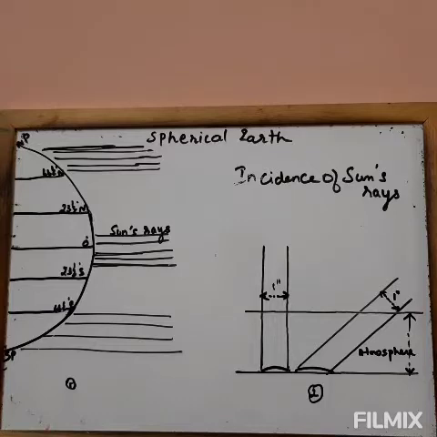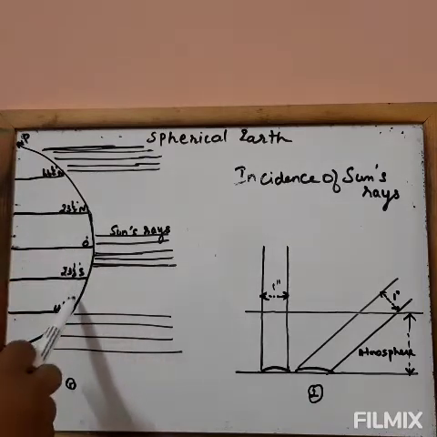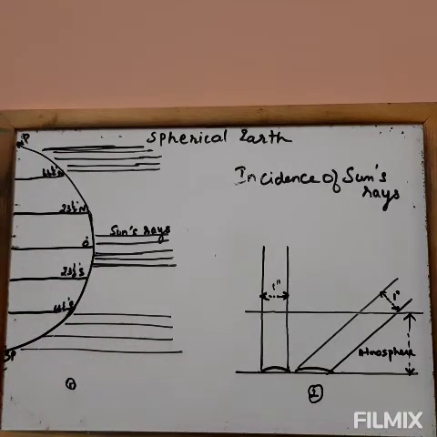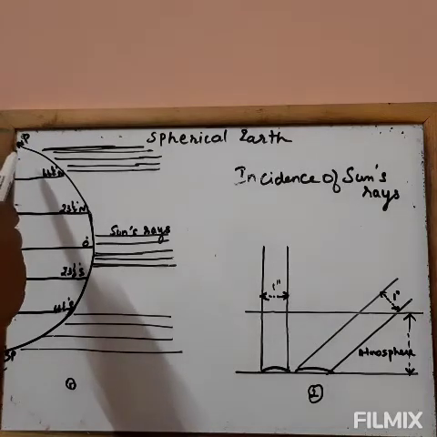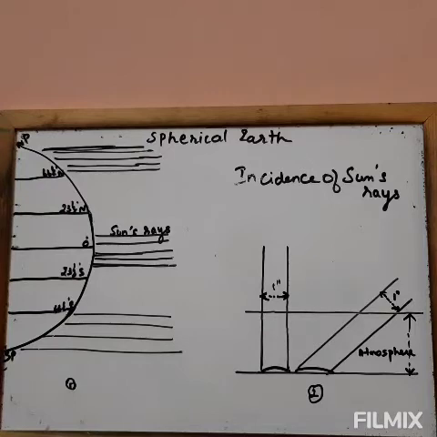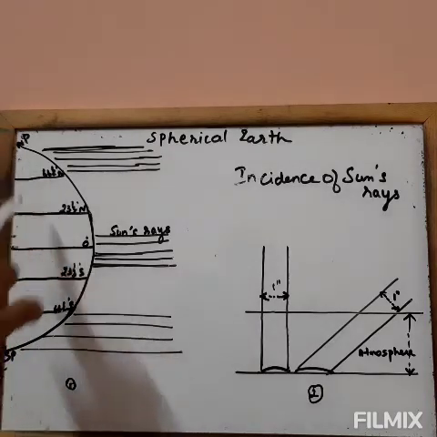It is seen that in the latitudinal zone between 37 degrees north and 37 degrees south, the incoming radiation is much more than outgoing radiation. So, between here, this portion, you find incoming radiation is much more than outgoing radiation. So, the middle and high latitudes: if you look beyond 66 and 90, you find that in the middle and high latitudes, the outgoing radiation is in excess of incoming radiation. These are regions of deficit here.